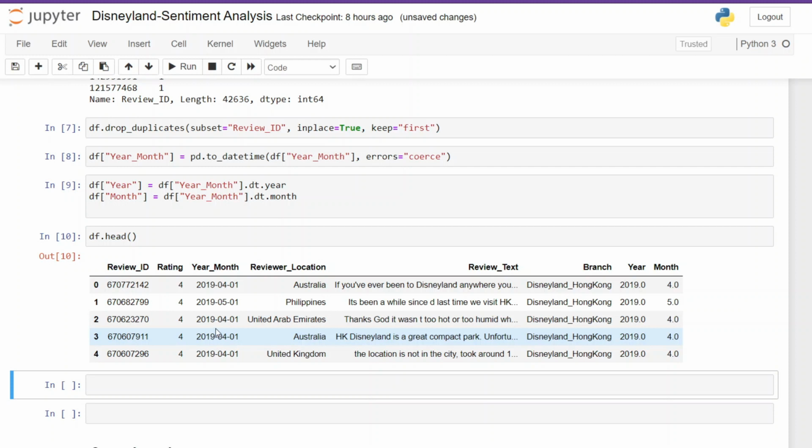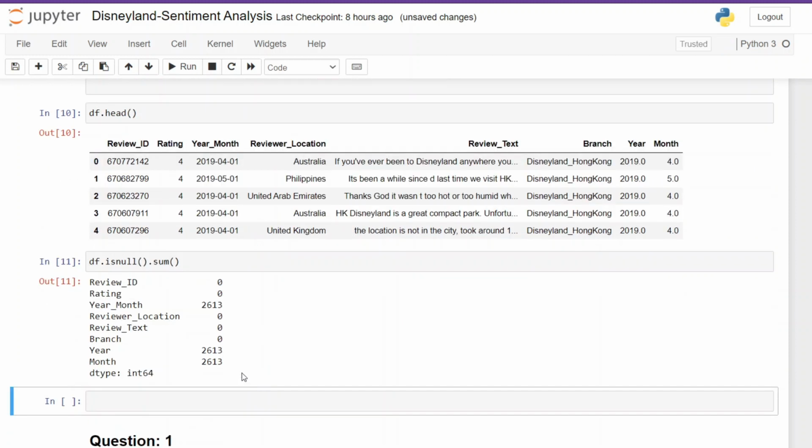And now you can see that the year month column has a different kind of structure, and that is because we converted it into a datetime object. Now let's check the missing values. Although we have checked the missing values, I want to show you something very important here. So we call the isnull method, and on top of that we call the sum,